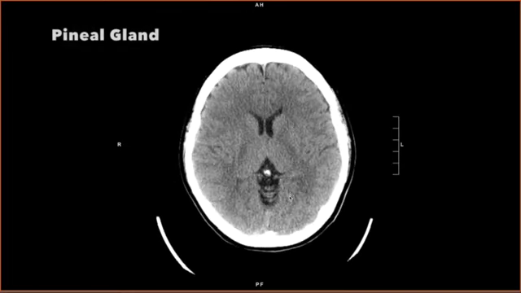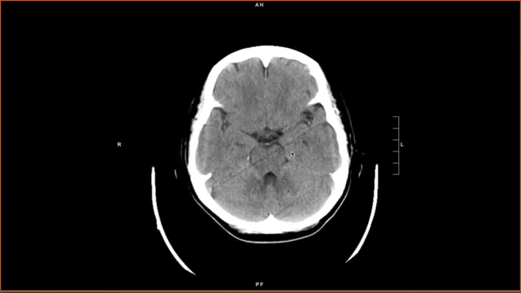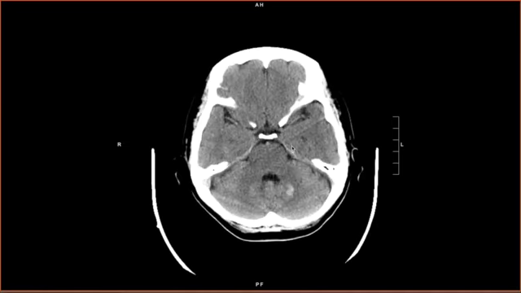Secondly, the pineal gland in the midline, which is calcified here, is very commonly calcified. Thirdly, the globus pallidus is very commonly calcified and is calcified bilaterally here. Again, this is not blood. And lastly, I'll mention one more, which is not as common: the dentate nucleus in the cerebellum here. It's often bilateral. Here it's mainly unilateral, so we can't be 100% sure whether this is calcification or hemorrhage given